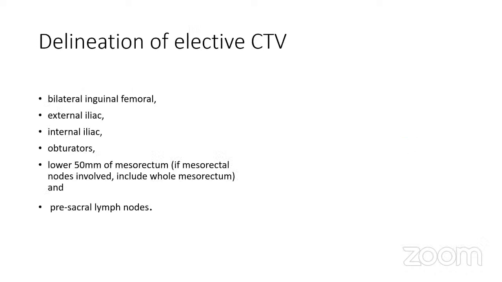So next, coming on to the delineation of elective CTV. Elective CTV will include the bilateral inguinofemoral nodes, the external iliac, internal iliac, obturator, and we generally include lower 5 centimeter of the mesorectum alone if mesorectal